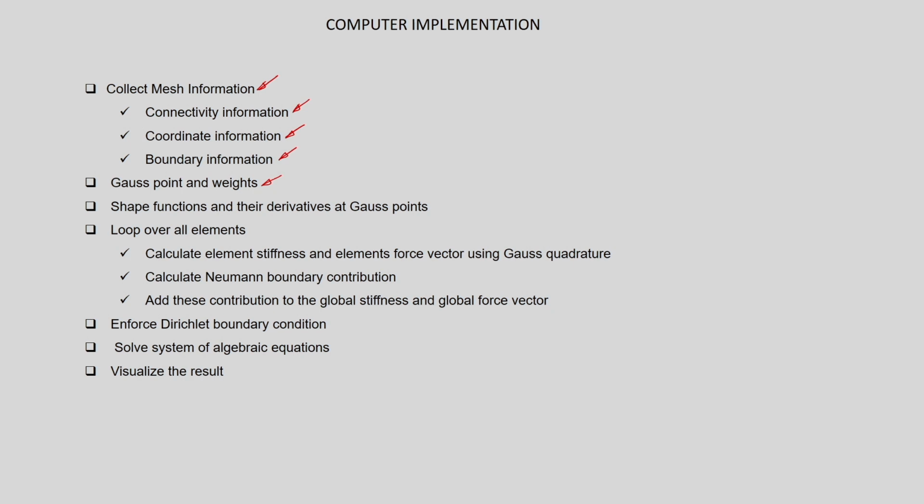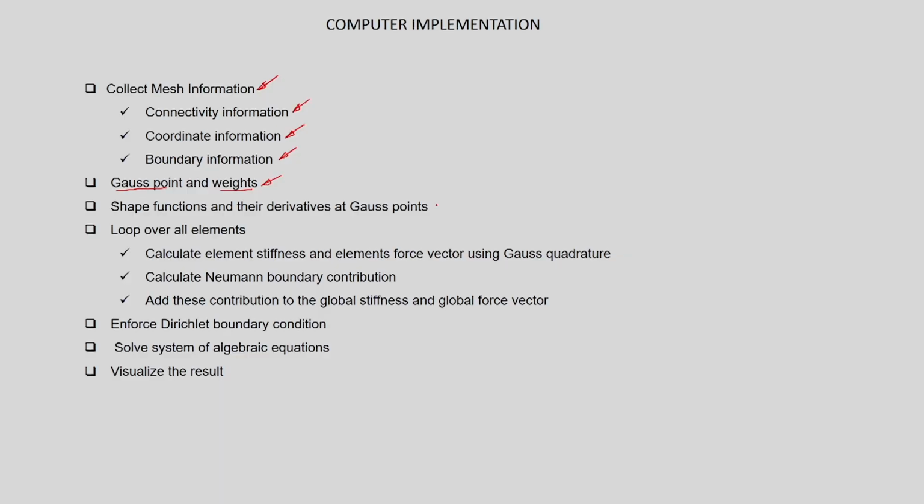obtain some information regarding the Gauss points and the corresponding weights, because we will be calculating the stiffness entries and the force entries numerically. In the problem that we have shown in the example, the integrations were carried out analytically or manually. So, in order to mechanize it, we have to follow some numerical integration process. So, here we will be following the Gauss quadrature rule, and for that we have to note down the Gauss points and the corresponding weights in the master element.